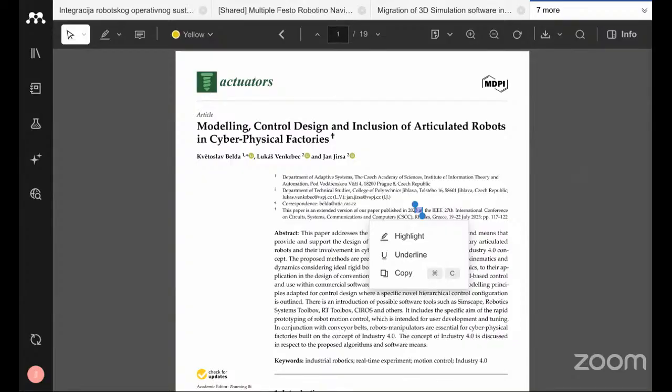So this means how we can control the motion, right? How we can mathematically model industrial articulated robots, and how we can include this robot in Industry 4.0 cyber-physical factory. So the main objective of this paper is how we can mathematically model this articulated robot, and